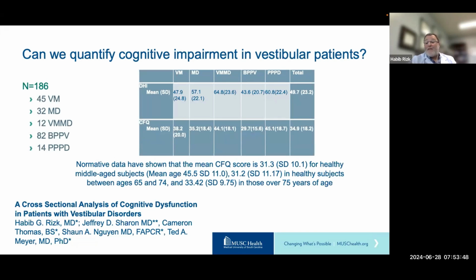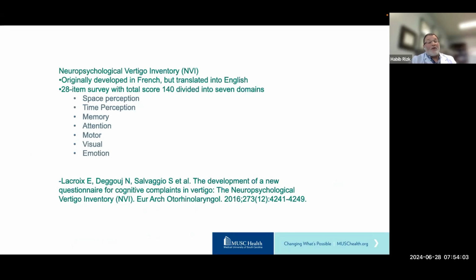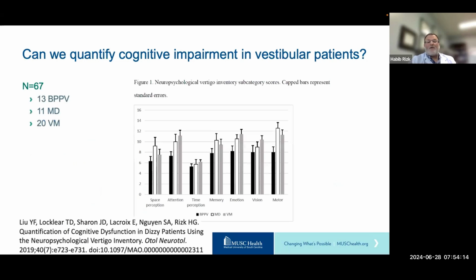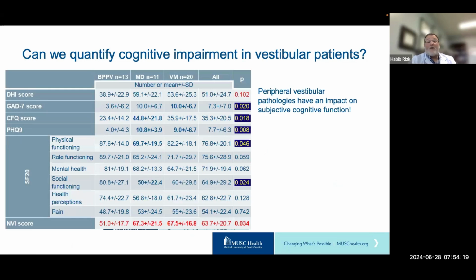And we found that in disorders like Meniere's disease, vestibular migraine, and PPPD, despite being 1 or 2 decades younger than their counterparts with benign positional vertigo, those patients scored higher on the Cognitive Failure Questionnaire. We also looked at the Neuropsychological Vertigo Inventory that was developed by a Belgian psychologist, Emily Lacroix. And we showed also that in our most frequent disorders, Meniere's disease and migraine, we have a higher level of dysfunction on the NVI score that is not attributed to age,